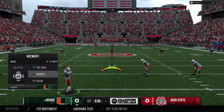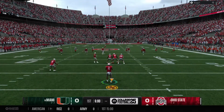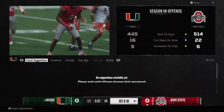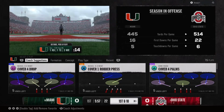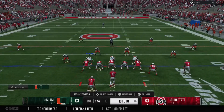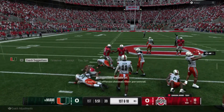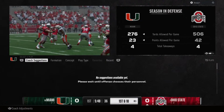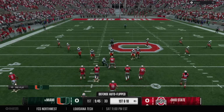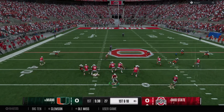And the Canes will kick it away to start us off. From inside his own 15, let's see how far he can get. Maybe if he could have eluded just 1 or 2 more guys, it would have been a big return, but they'll mark it at the 30. Line gets set, first down. The inside handoff. They'll mark him down at the 40 after ripping off 10. And as the game goes on, you're going to see this offense continue to use the RPO. That look was conducive to handing it off. The defense now is going to start putting more guys in the box to slow this running back down, and